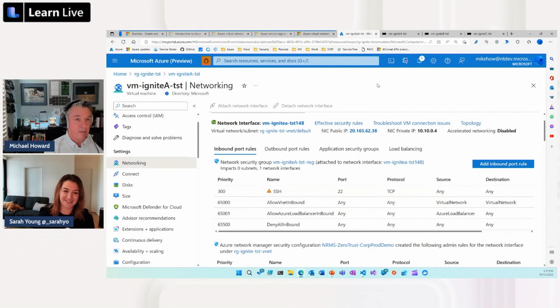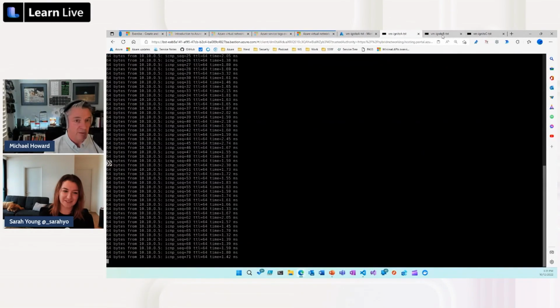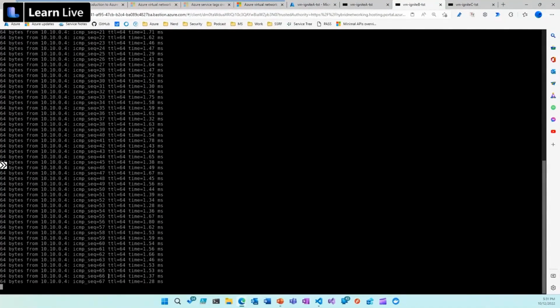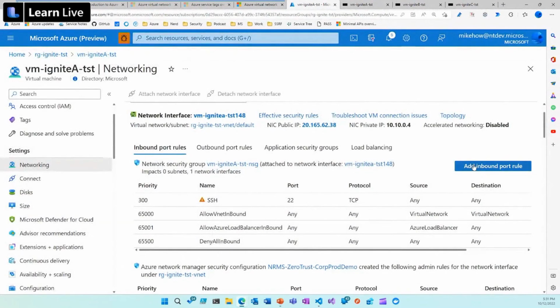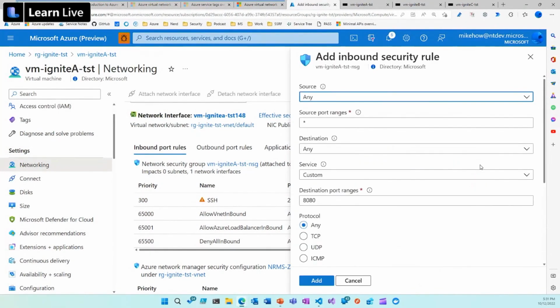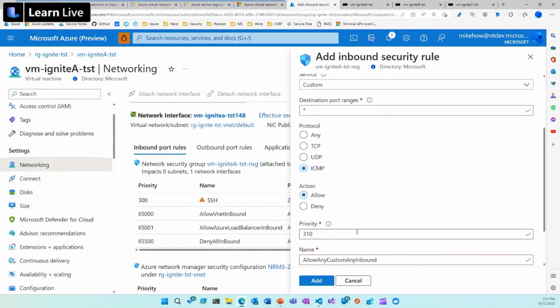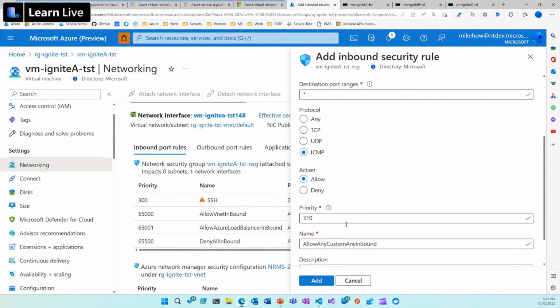But here's what I'm going to do. A is pinging B, and B is pinging A. And as you can see, hopefully, it's sliding by here slowly, up to sequence 67, and over here, sequence 77. Now I'm going to add a new rule that's going to block the ICMP traffic going into VM A. So I'm going to say source, anybody, source port, don't care. I want to use ICMP. I'm going to call the ping protocol. And I'm going to say block ping, and I'm going to say deny.